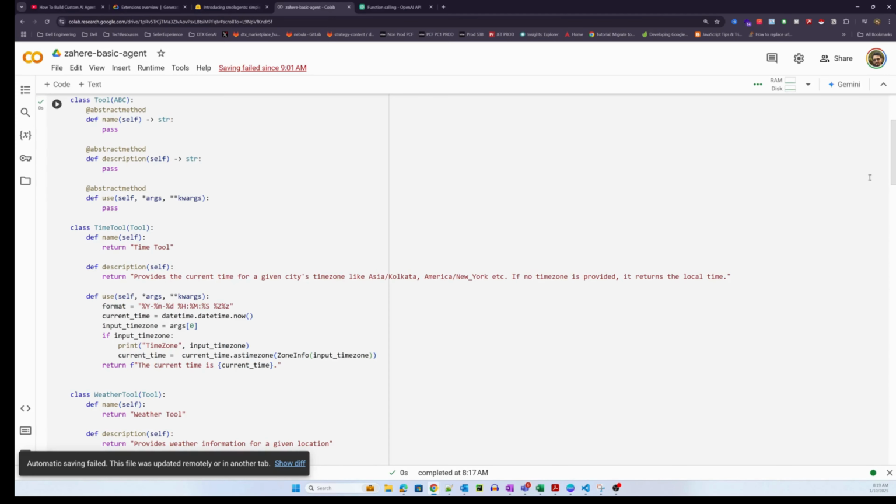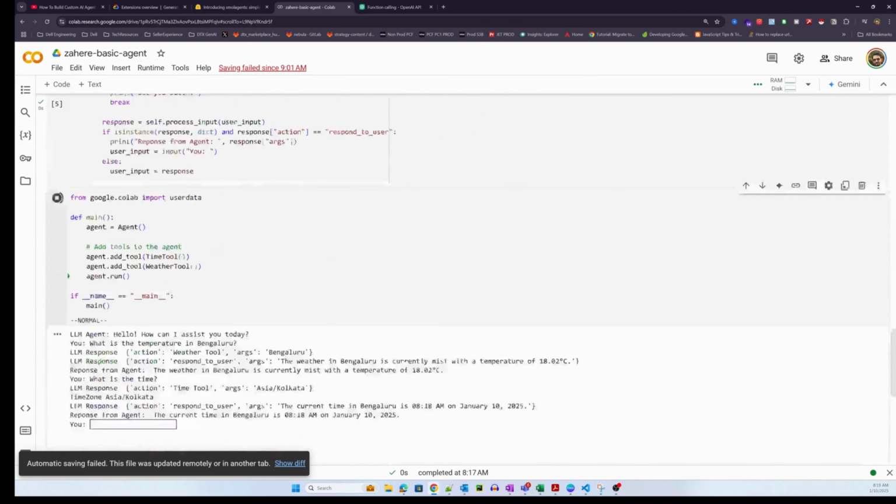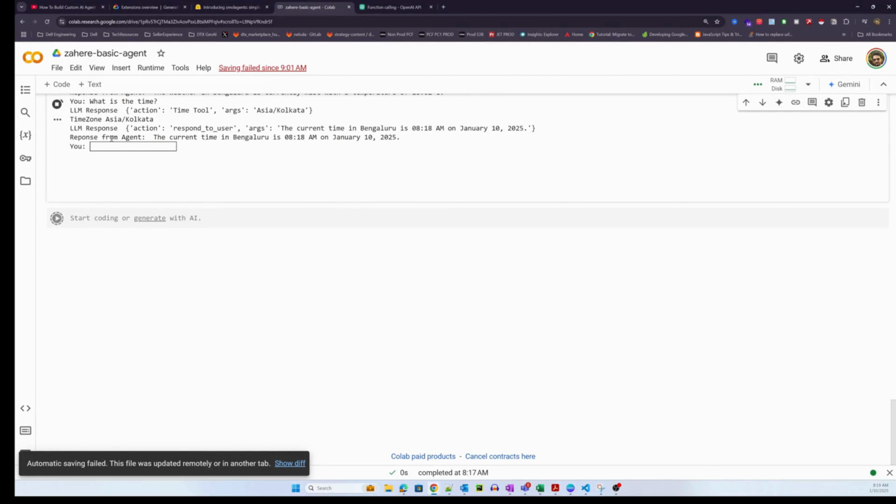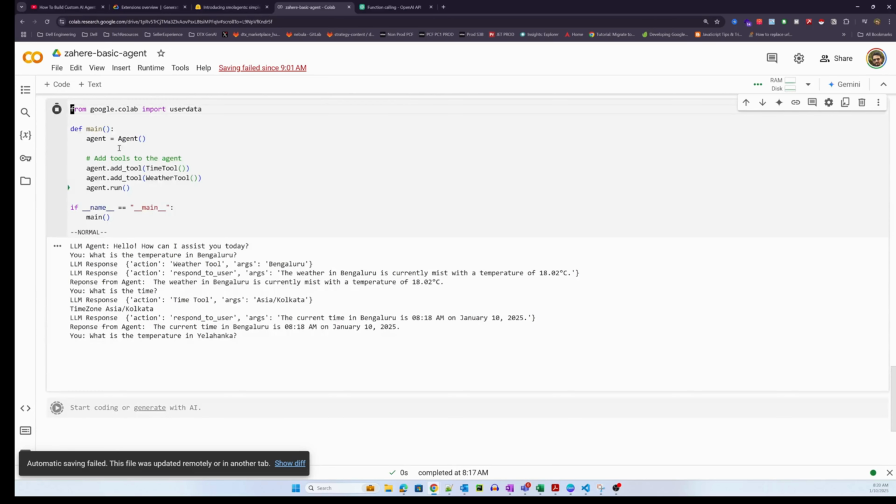So let me actually try with something. What is the temperature in Yelahanka? Yelahanka is probably a small, or actually big area in Bangalore, and let's see what it does.